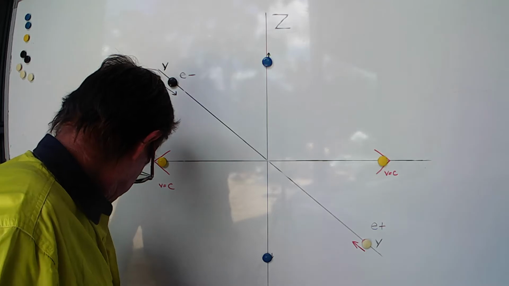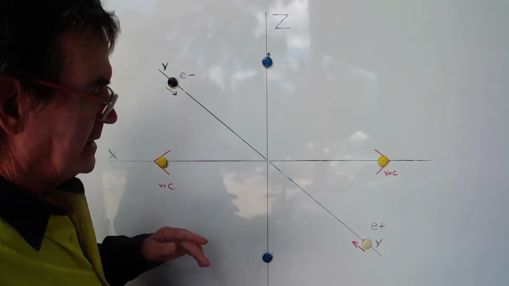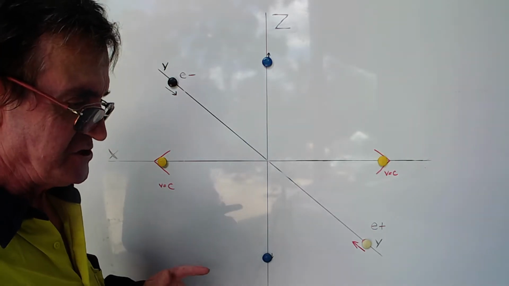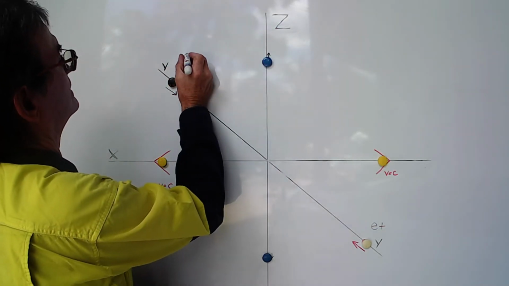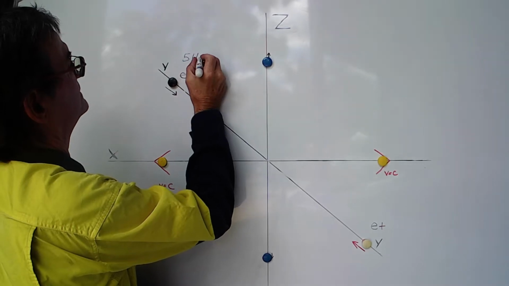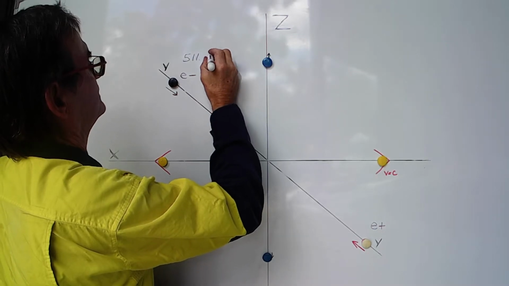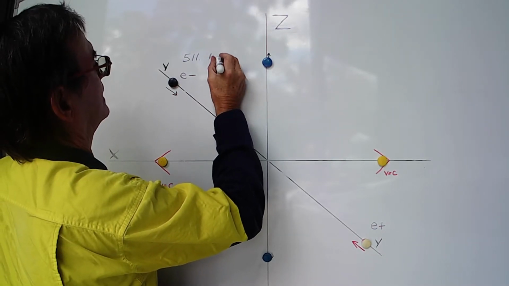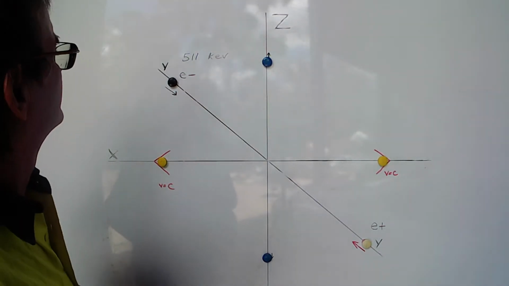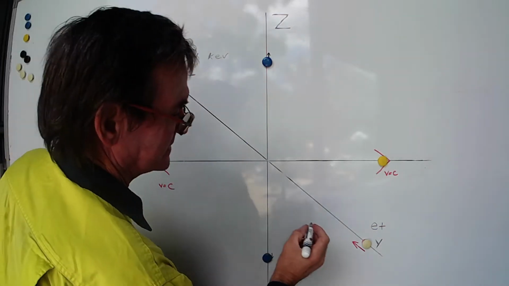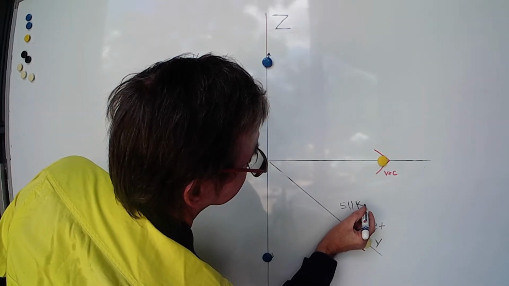Now each positron and electron carry the exact same amount of energy. They're just mirror images of each other, and that is 511 thousand electron volts, keV. 511 keV. Anyway, so we've got 511 keV there, 511 keV here,